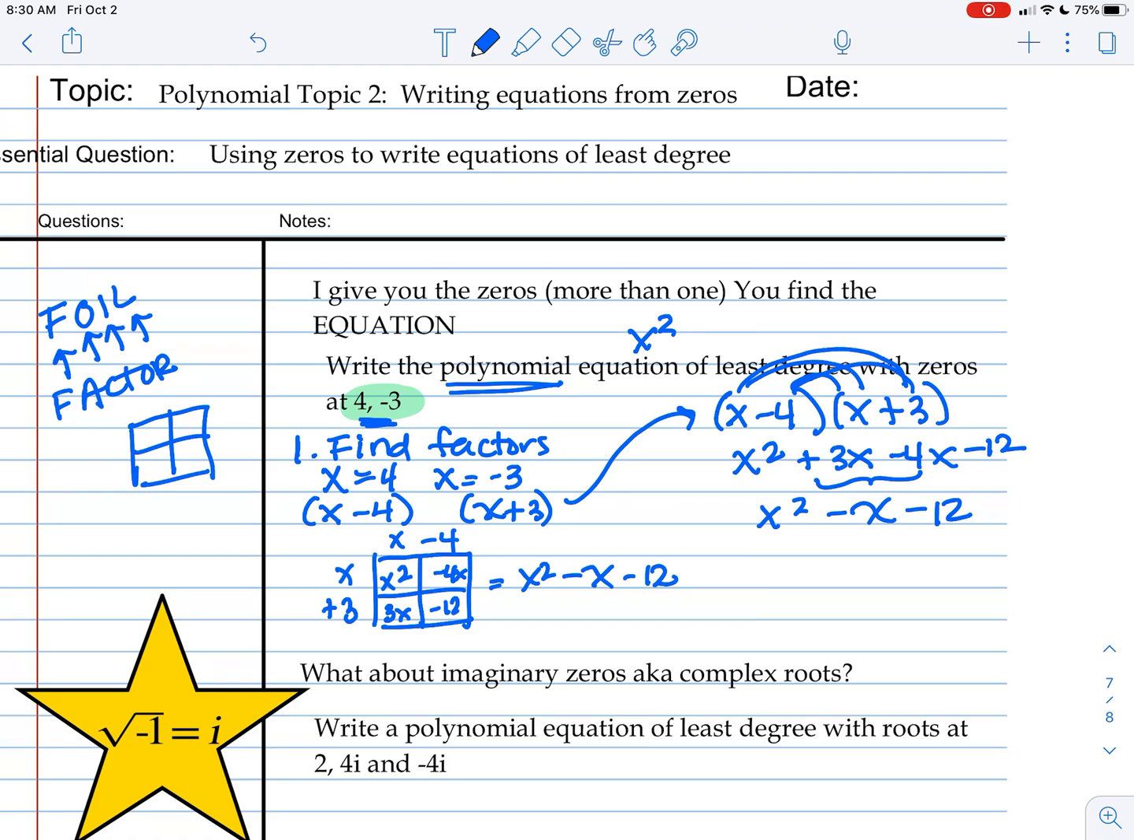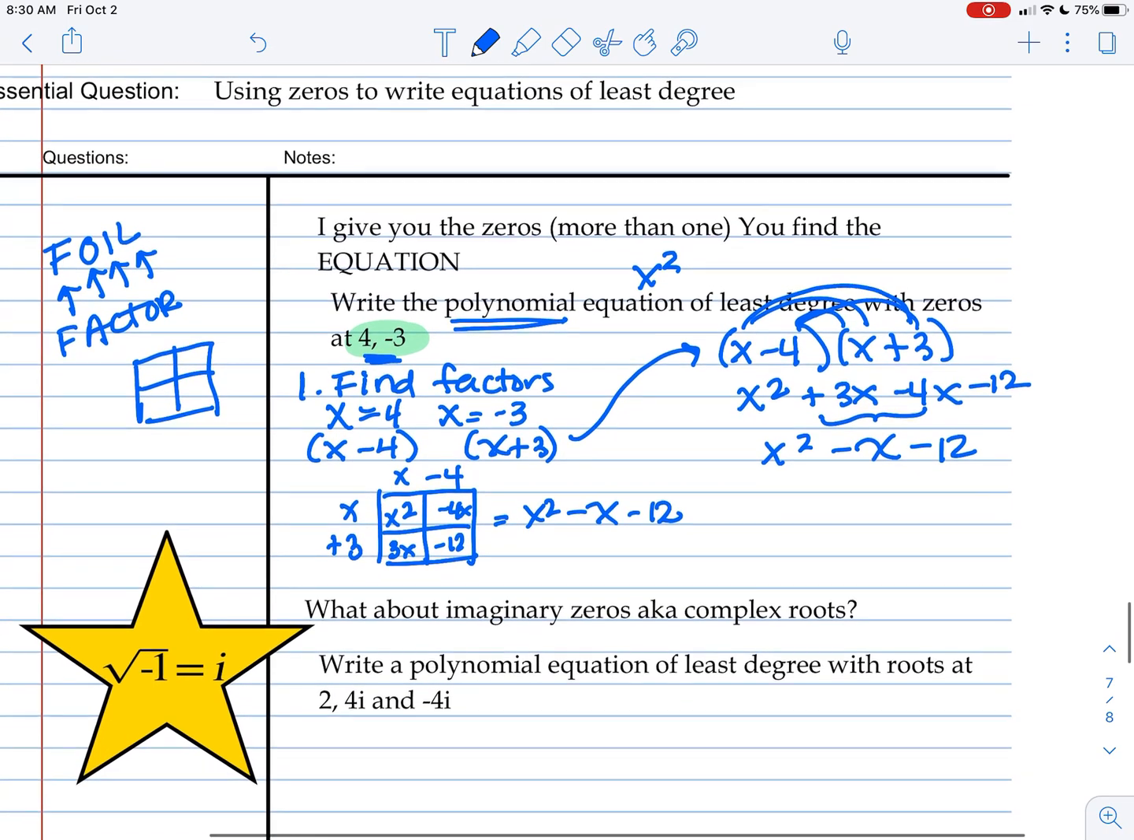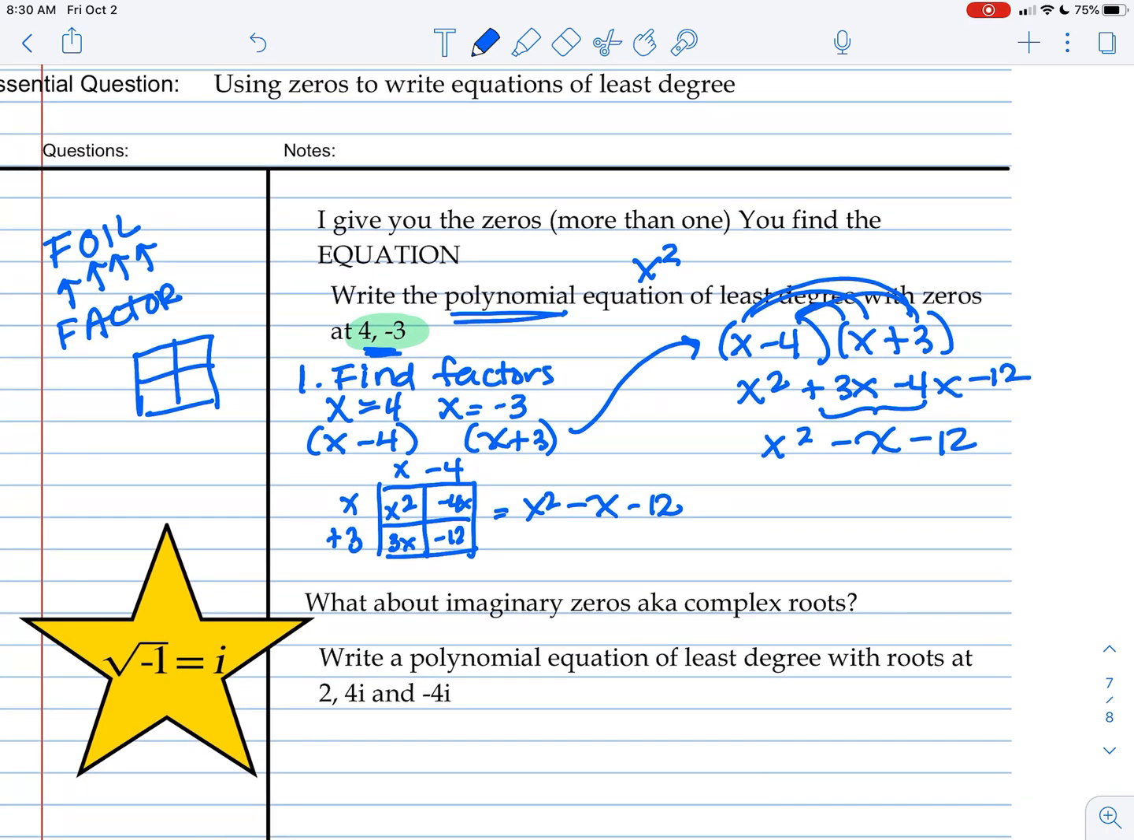Okay, what does that mean, least degree? Well, there's probably an x to the 4th or an x to the 6th or an x to the 100th equation that has these two as zeros, but I don't want that. I want the smallest, and the smallest I can be is x squared because I have two zeros. So we talked yesterday in the video about